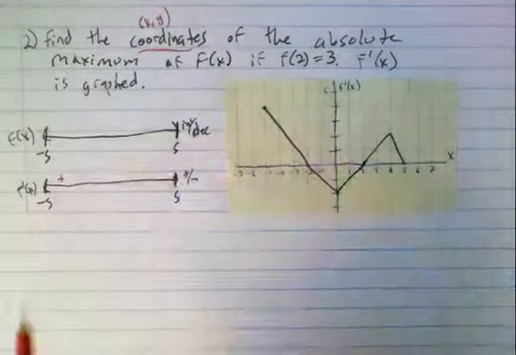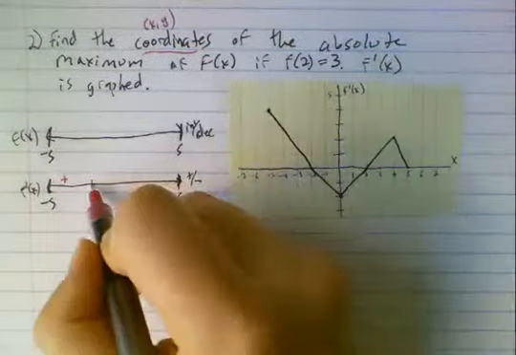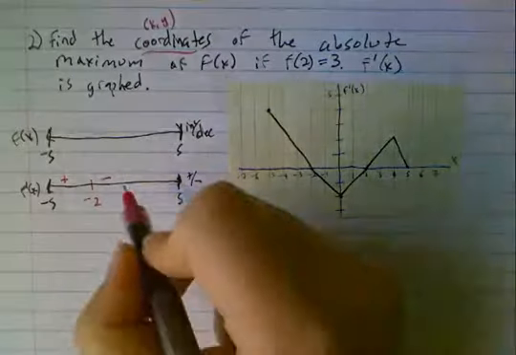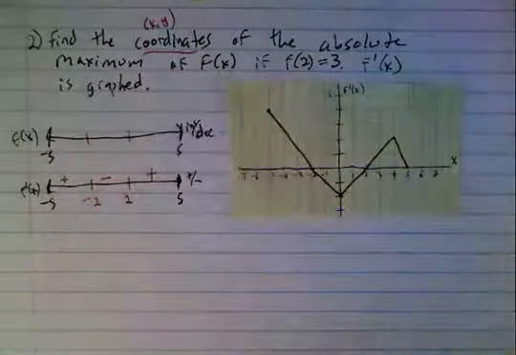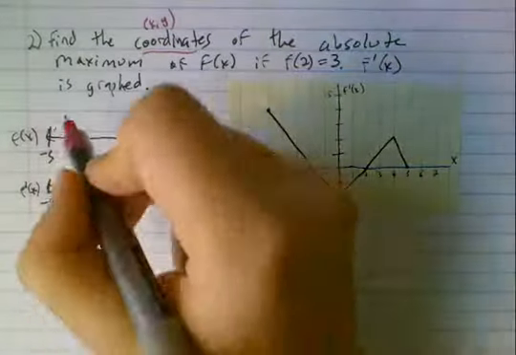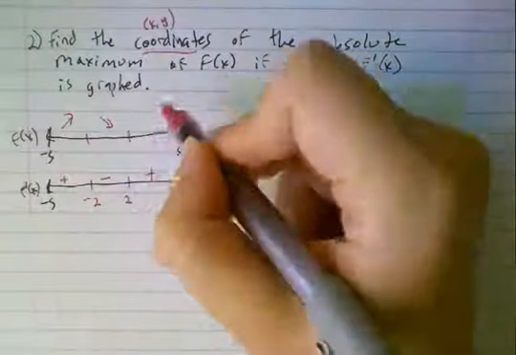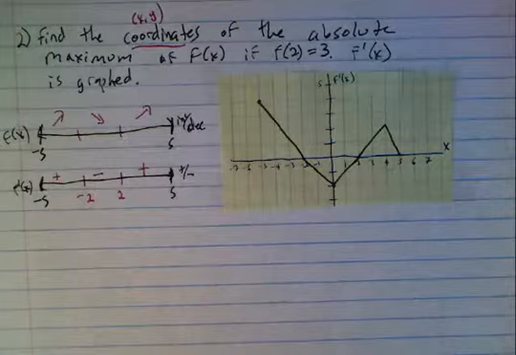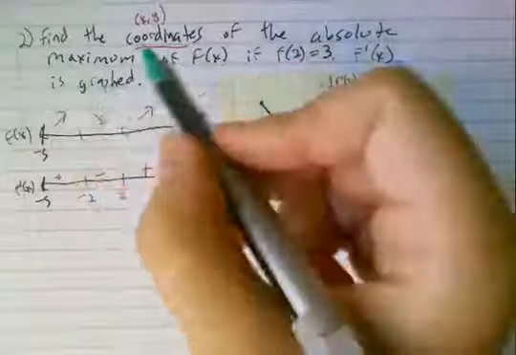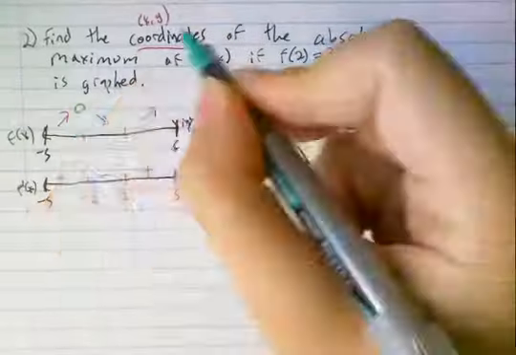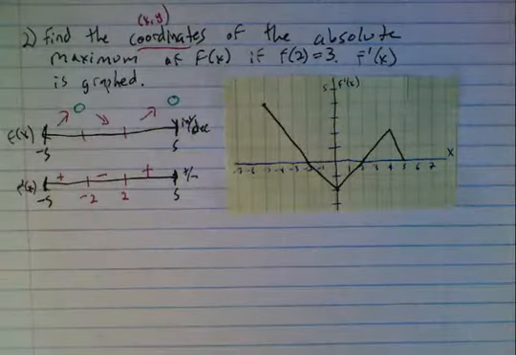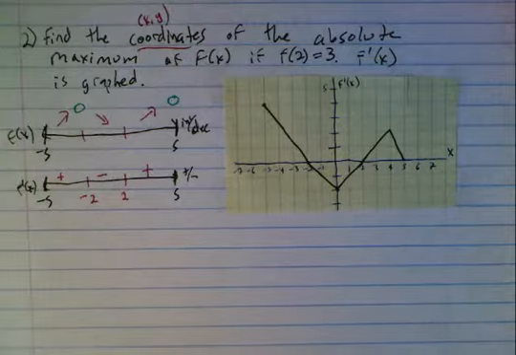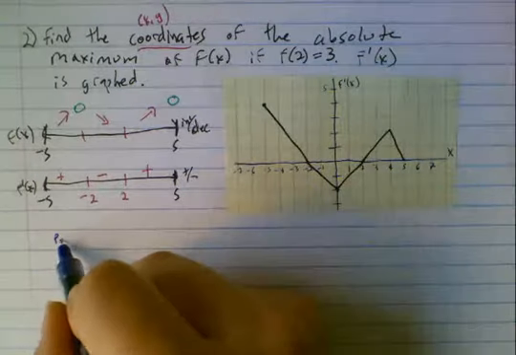So we've got positive up until -2, negative up until 2, and positive up until 5. So when we translate that, positive becomes increasing, negative becomes decreasing, positive becomes increasing. Possible absolute maxima could occur either right here at the relative maxima or right here. The little circles are the possible maxima. So to figure out which is actually it,